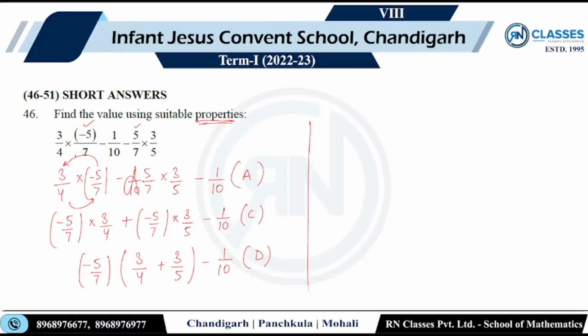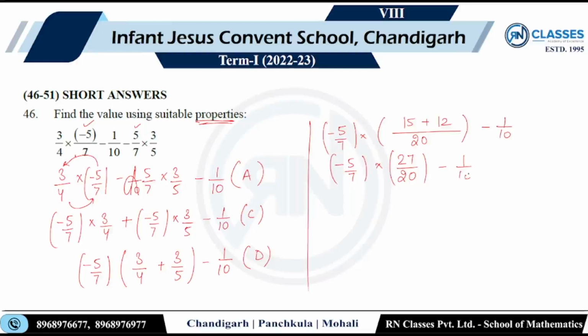So minus 5 by 7 into, I'll take the LCM in the bracket. 5 4s are 20, 5 3s are 15, 4 3s are 12. Bracket close, minus 1 by 10. I hope you are not getting bored of it. The calculation has to be done. 15 plus 12, that would be 27 by 20